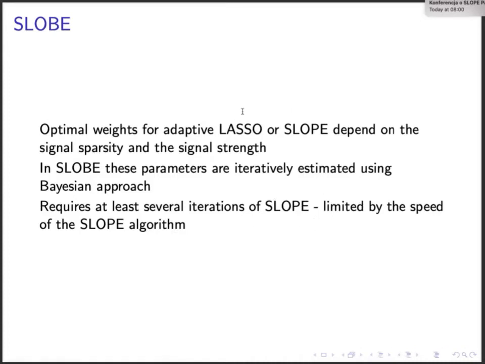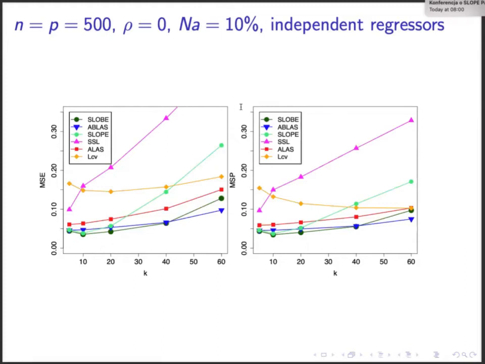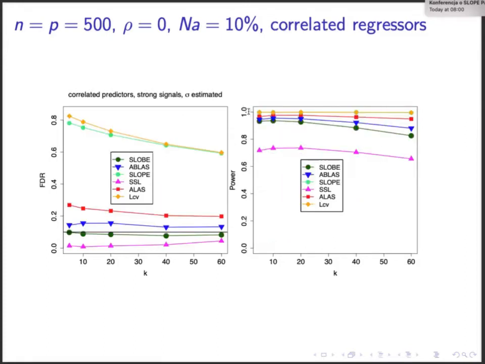So I am very much excited by this conference, where I can see an effort in trying to speed up the slope algorithm. I'm going to skip, not talk too much about these graphs. Basically, by using this adaptive slope, we can control FDR much better. So here you have SLOBI. We can control FDR much better and have pretty good power and good estimation properties, particularly when the signal is strong.